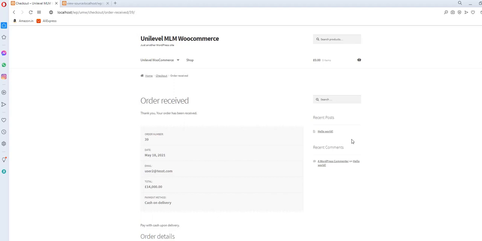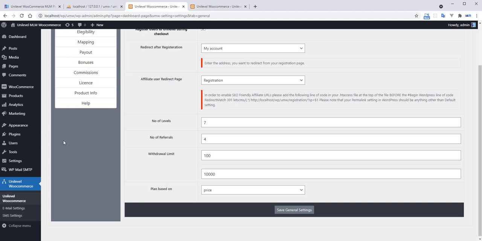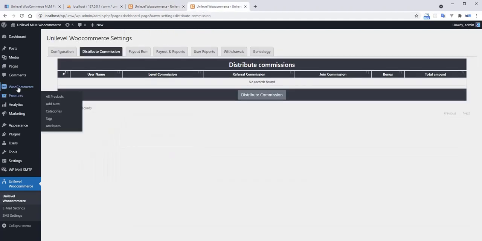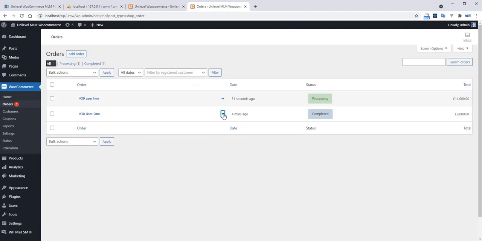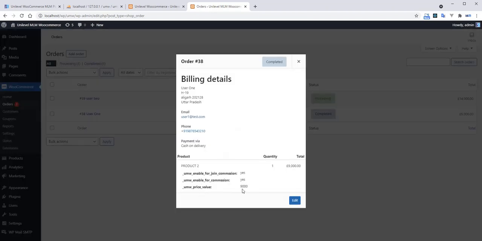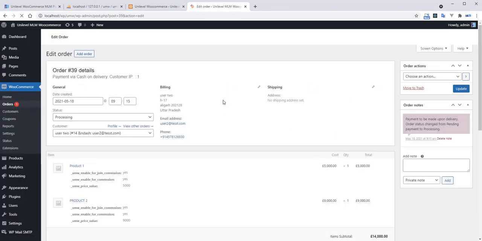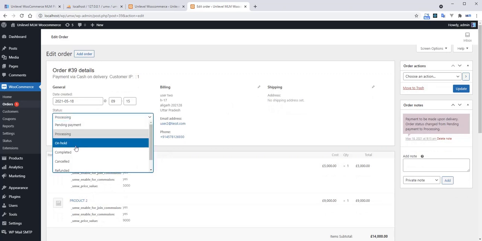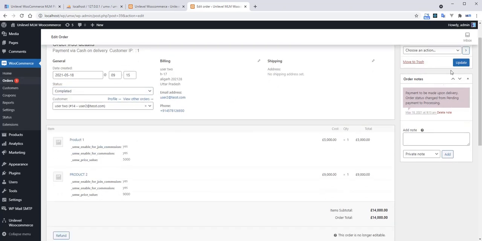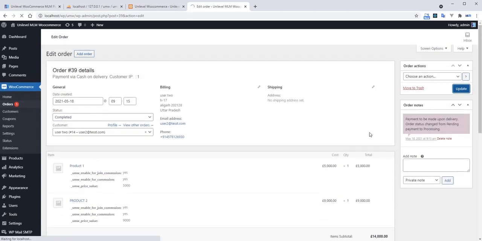Whatever theme you use, according to that, this will be converted automatically. So now I am going to the part of the Unilevel MLM WooCommerce orders, where this will be completed. Oh, just a minute. If I proceed from here as well, the complete it or the update it.